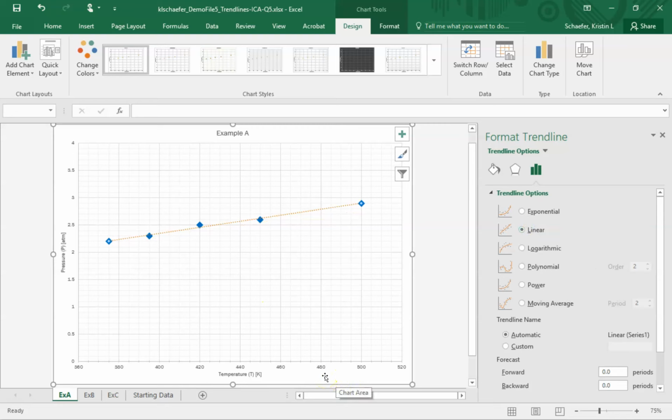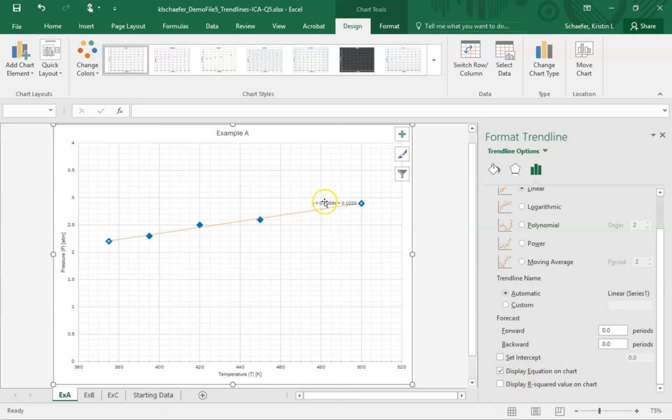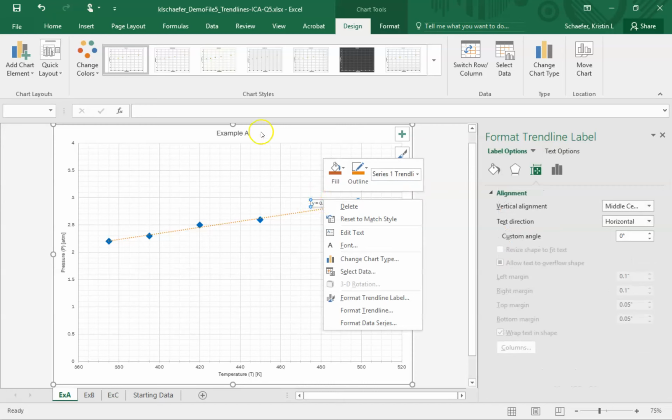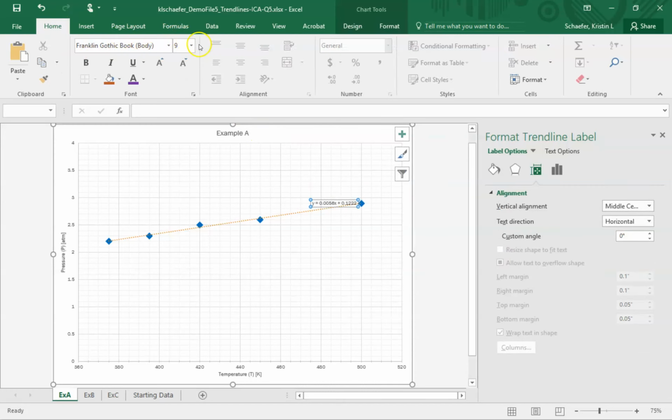we want to always, on a trend line, make sure that we display the equation on the chart. And when we do display that equation, we want to make sure that the trend line label ends up being the same font size as our axis numbers, which we had said last time from the graphing file was either 14 or 16. And so when we do that,